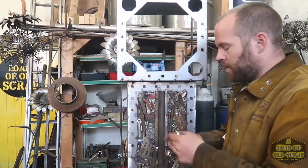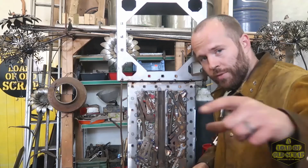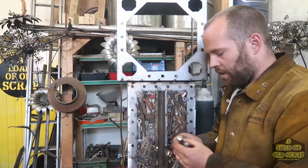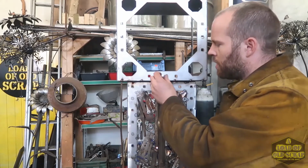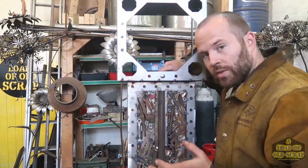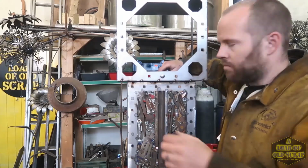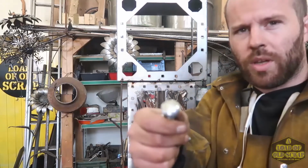That makes sense? So each one of these little square holes that follows the entire frame all the way around is going to have a carriage bolt in it. Carriage bolt, coach bolt, one of those two, can't remember what it's called. So it's going to be in like that. The idea is it's going to look like sort of industrial rivets. Now, how well this is going to show up, I'm not 100% sure, but that,